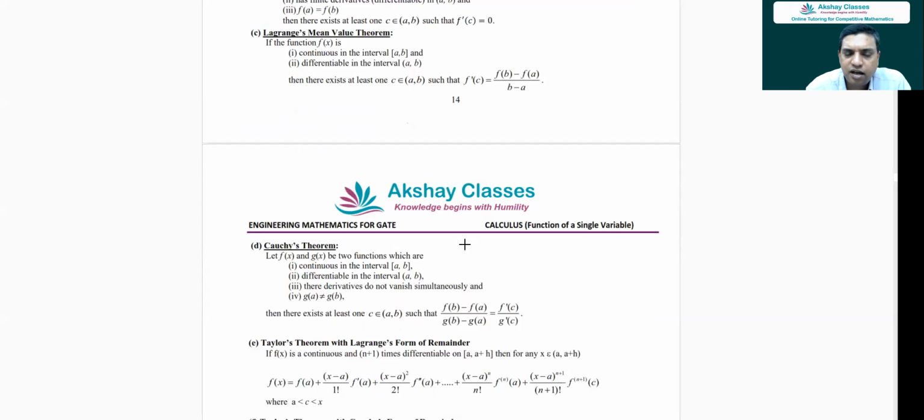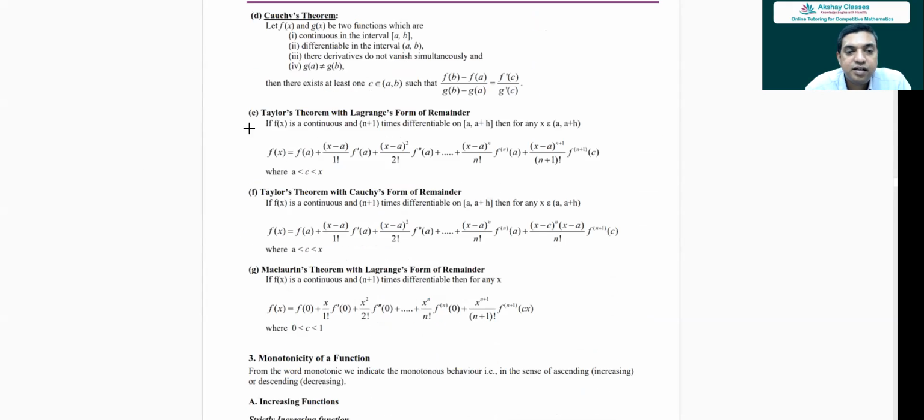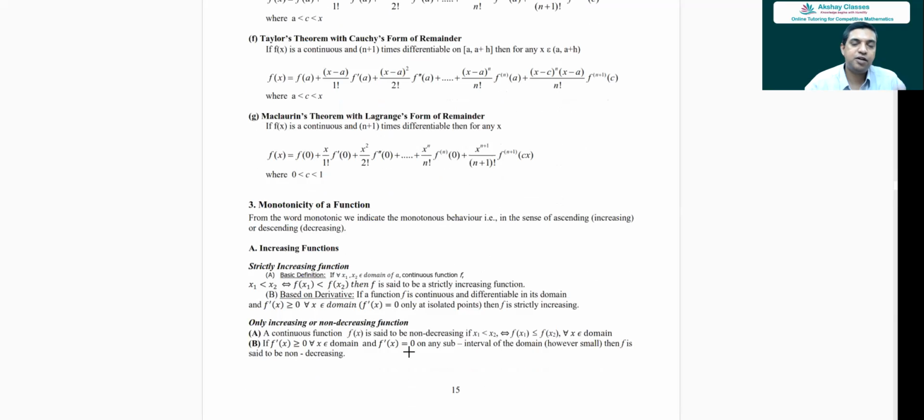We will not discuss this at length. We seldom get a question, but we get a lot on Taylor's theorem and Maclaurin's theorem. Okay, these two we will be discussing in tomorrow's class. Tomorrow's class we'll discuss Taylor's theorem, Maclaurin's theorem, some problems on that. Then we discuss monotonicity and maxima and minima. All right, and then we do a number of practice